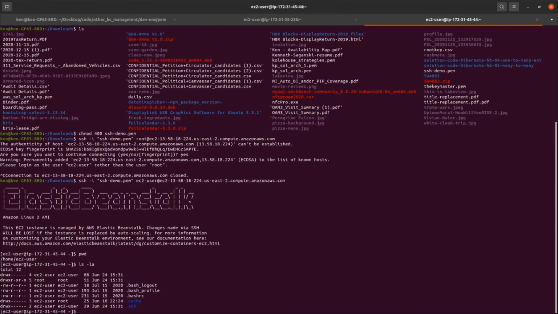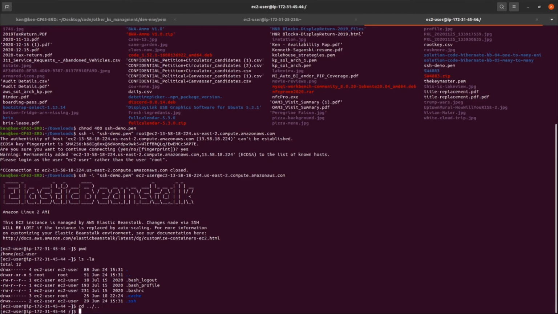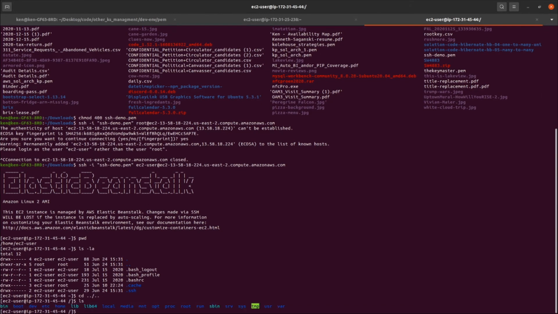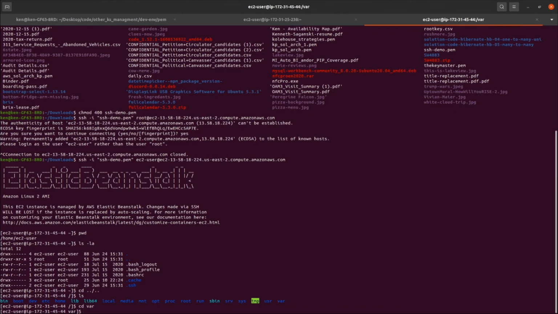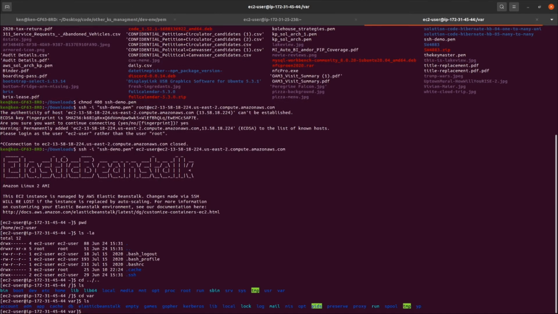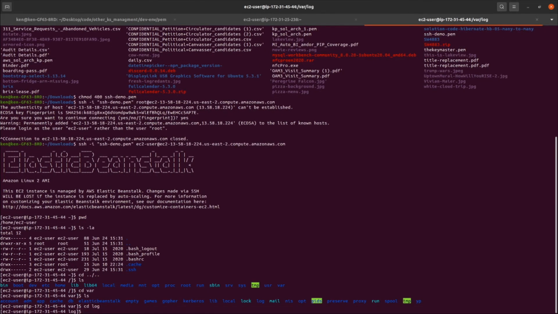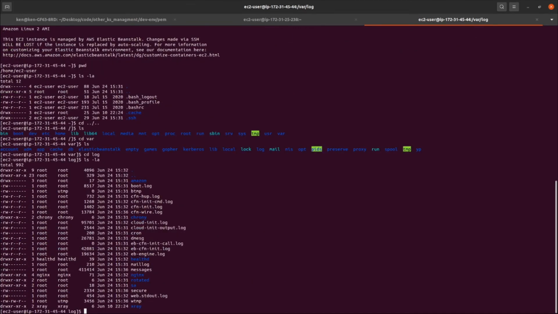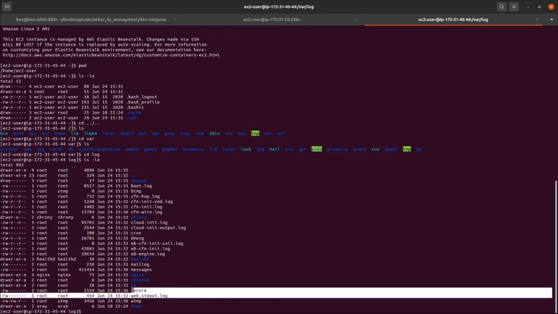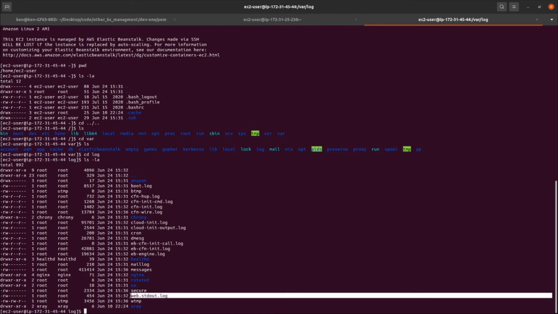This is good, so say if you want to look at logs or something like that, you probably need to get down to, usually logs are somewhere in var. Yeah, there we go. Log. Yeah, so usually you'll want to look at something like this web server log. This will let you know